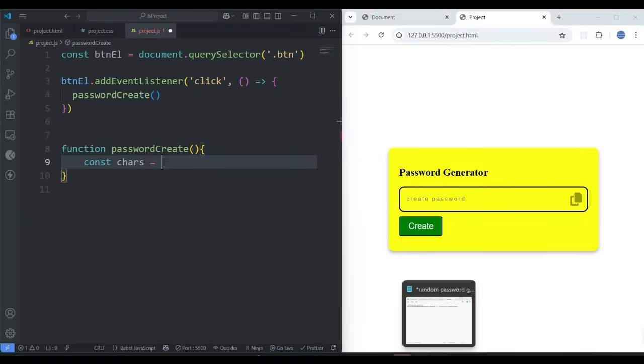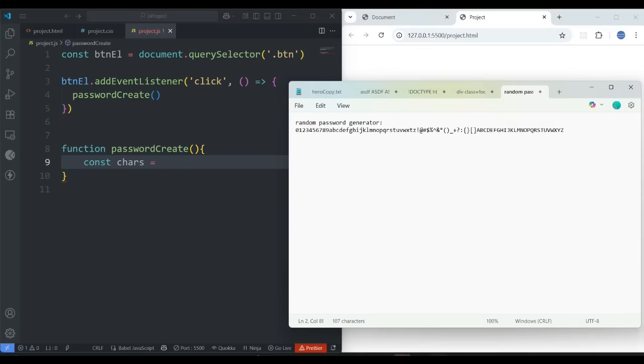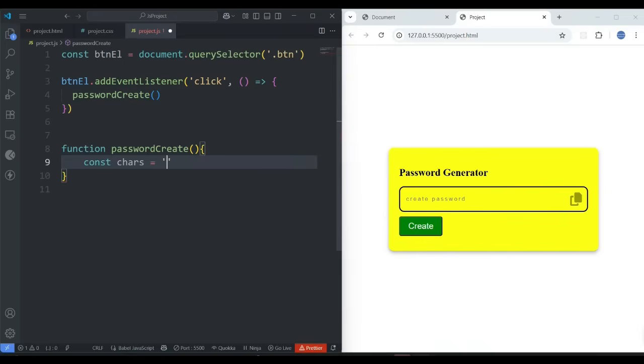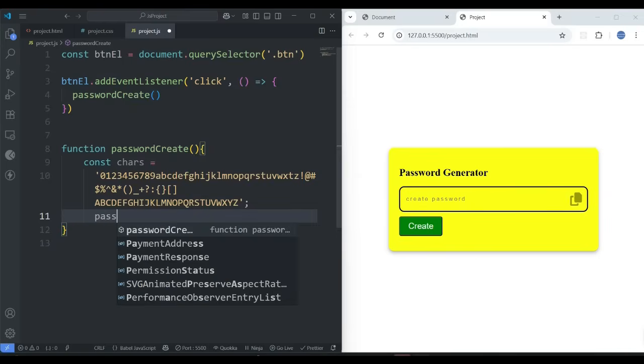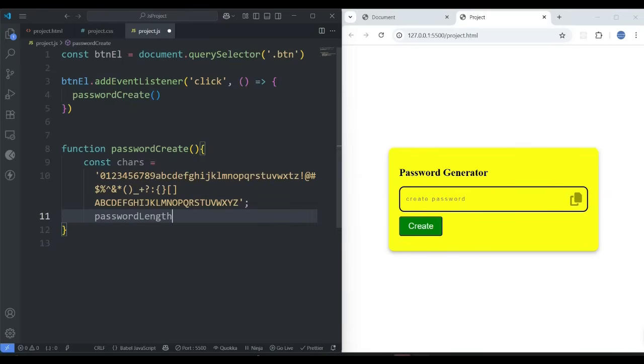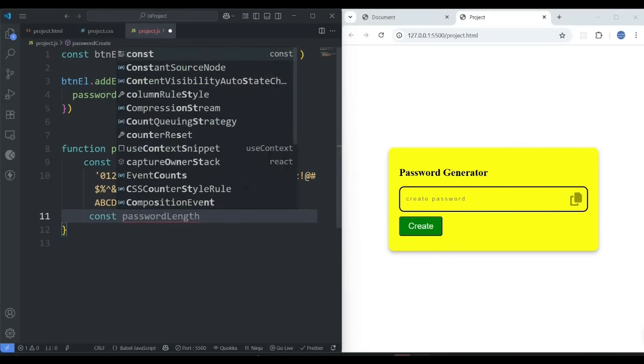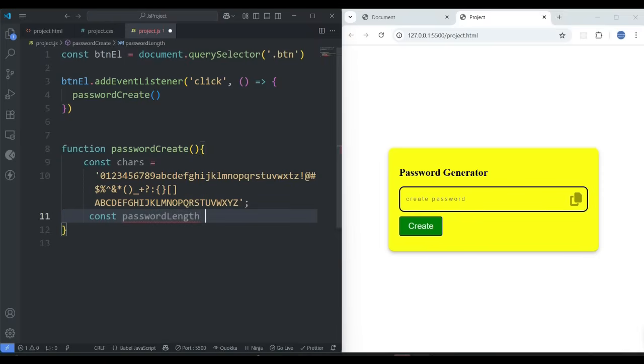So let's open my notepad, there are some characters with the 0 to 9 numbers and alphabet from A to Z and some special characters. So just copy this and in between the quotation put that. So this is the constant chars. Let's put the password length. This is another constant. Another constant password length equal to 16 and